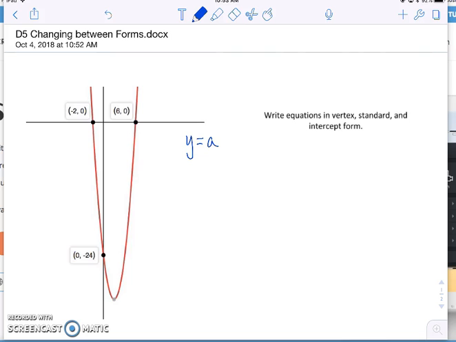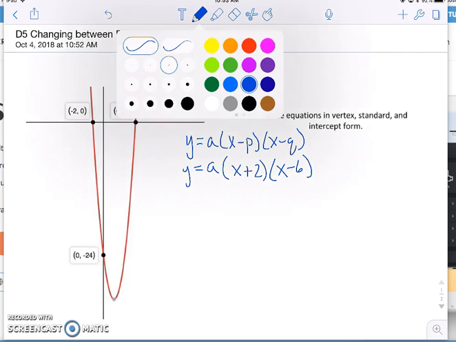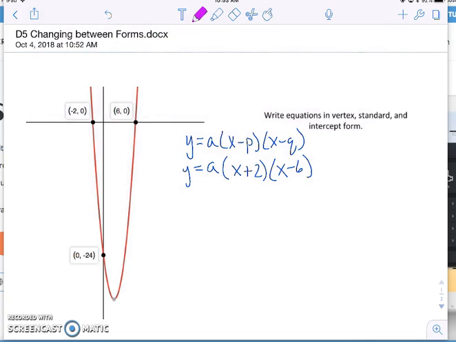So y equals a, x minus p, x minus q. If we start filling in the blanks, y equals, we don't know what our a is, but we know it's x plus 2, because it crosses at minus 2, and x minus 6. To figure out our a, we can plug in this other coordinate. We have 0, negative 24. So negative 24